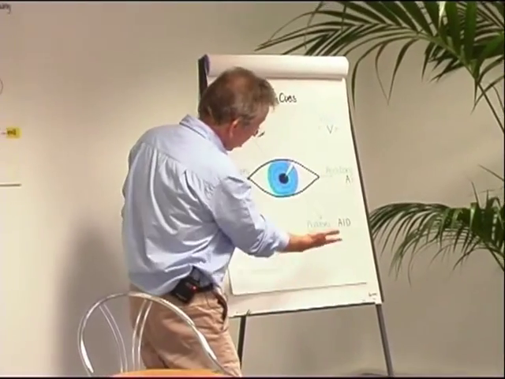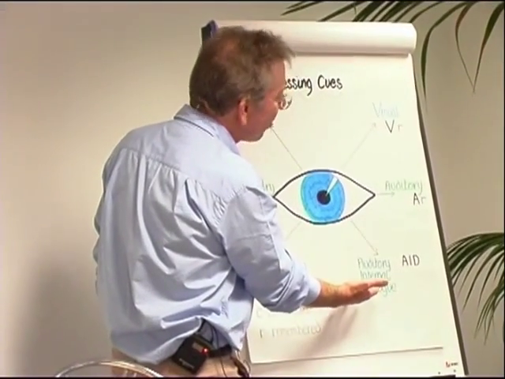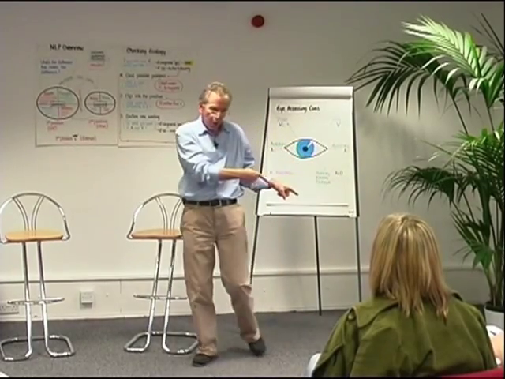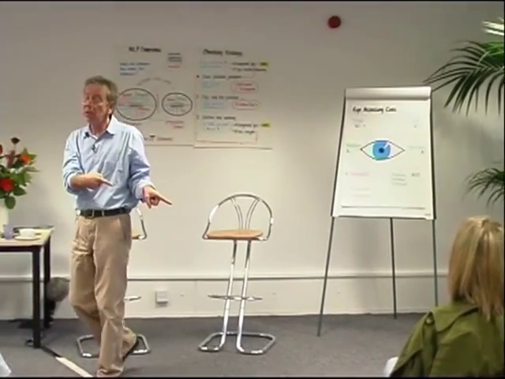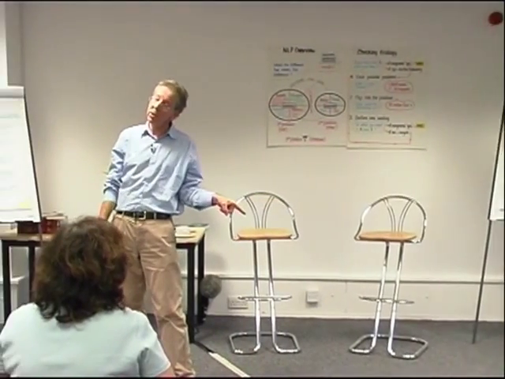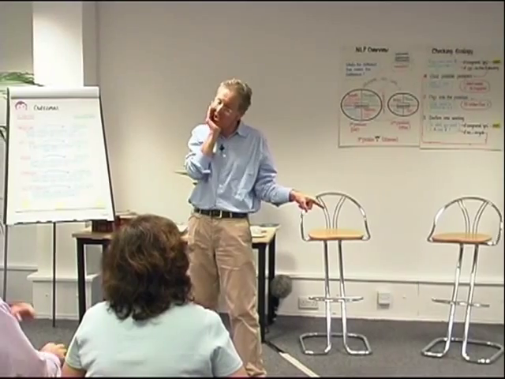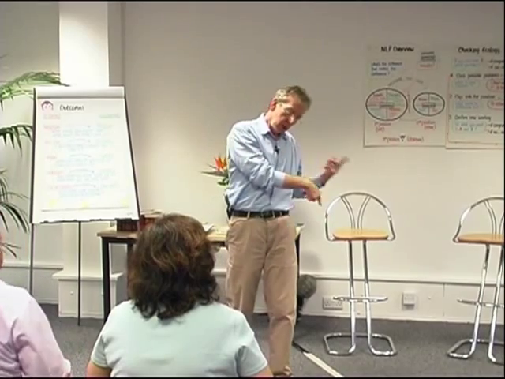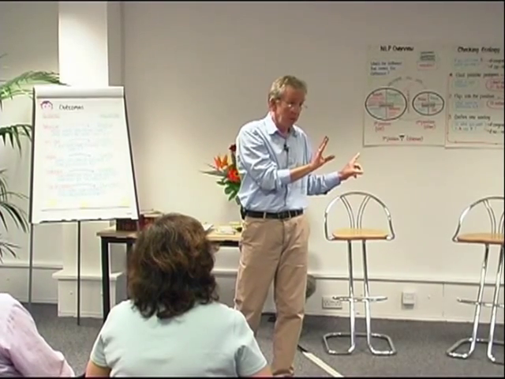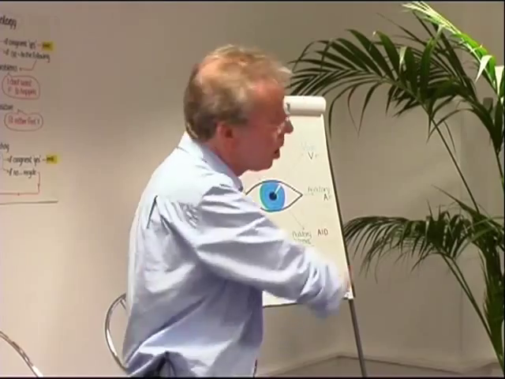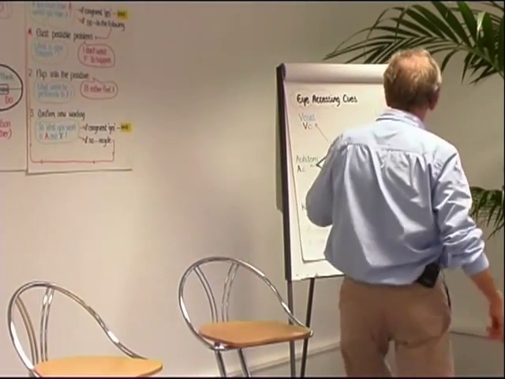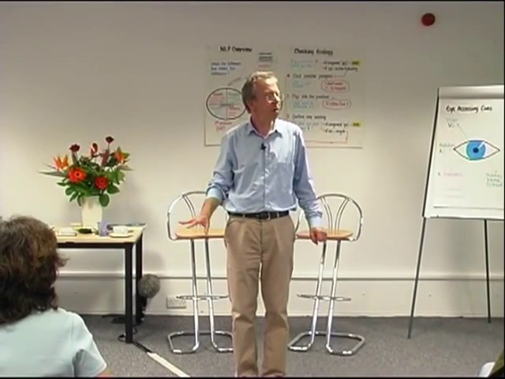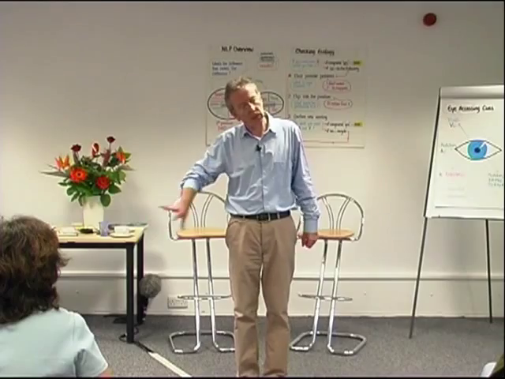But look, last one, and actually if you want the simple version of this, up is visual, down to this side is auditory internal dialogue. So this is when somebody's got their head on one side, so this is you, Eva, head on one side, hand on chin, called telephone position, is classic giveaway to internal dialogue at that moment in time. So eyes down that way, internal dialogue. Eyes down this way, kinesthetic. That's where people will often go to check out gut feel, or, you know, am I going to do this or not? Bottom line, emotional stuff, more often down that side.